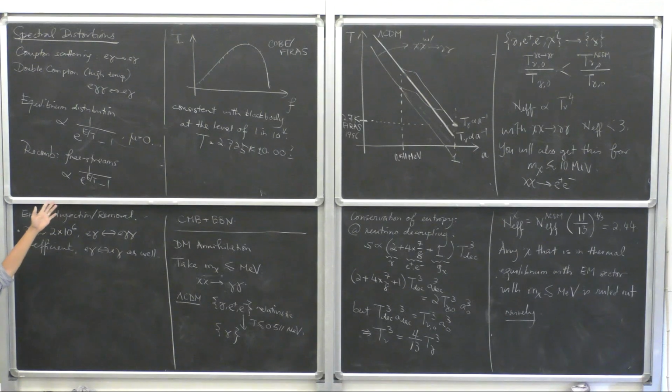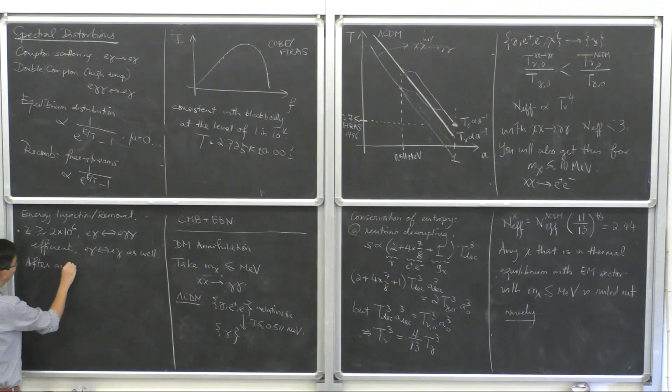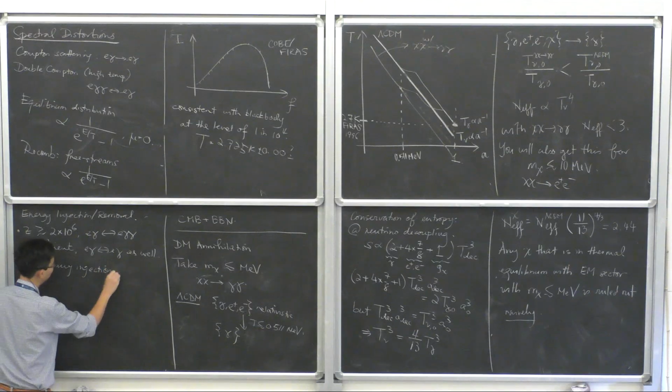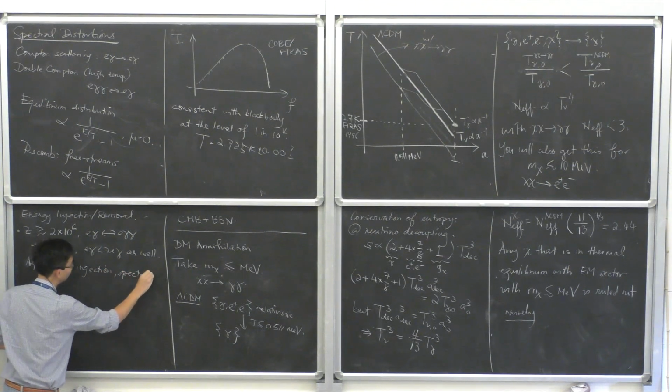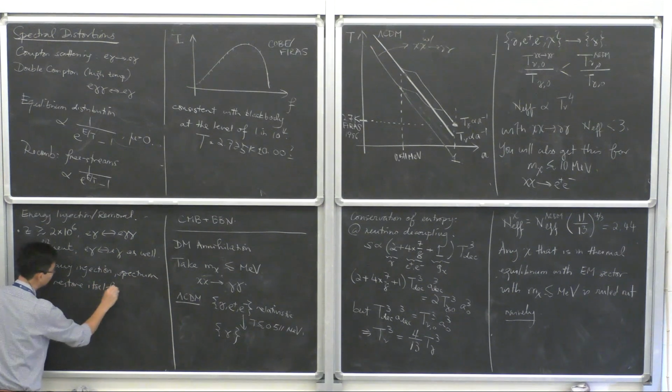So let's say you produce... There are many ways that you can do this. One way you can do it is you heat up the electrons, the baryons, relative to the CMB, and so now suddenly they're out of thermal equilibrium for a while, and then they're going to relax because they're going to scatter with each other and relax back into thermal equilibrium, right? The thing is that because these two processes are efficient, it's always going to relax after any injection. The spectrum will restore itself to a black body